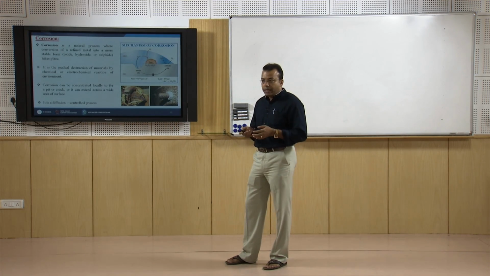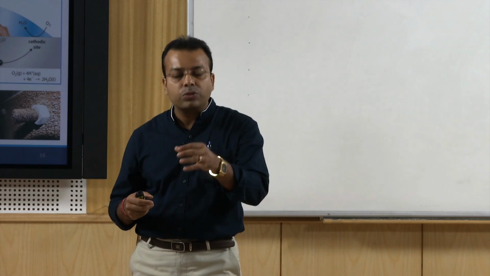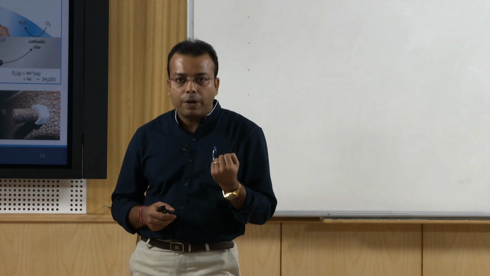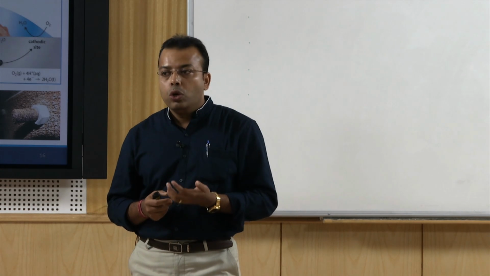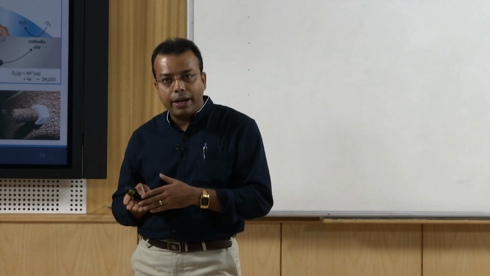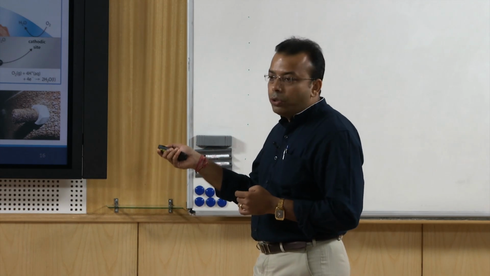Next, we will go into the details about corrosion. So, what is corrosion? Corrosion is a natural process of conversion of a refined metal into a more stable form. The best example is iron. Suppose we have made a product of iron and we are keeping it in the environment. After a certain time, the iron will absorb water molecules from the environment itself, a reaction will take place, and iron oxide will be formed, which is a totally different state from iron, which will not carry any properties like iron, but will be in a stable form.